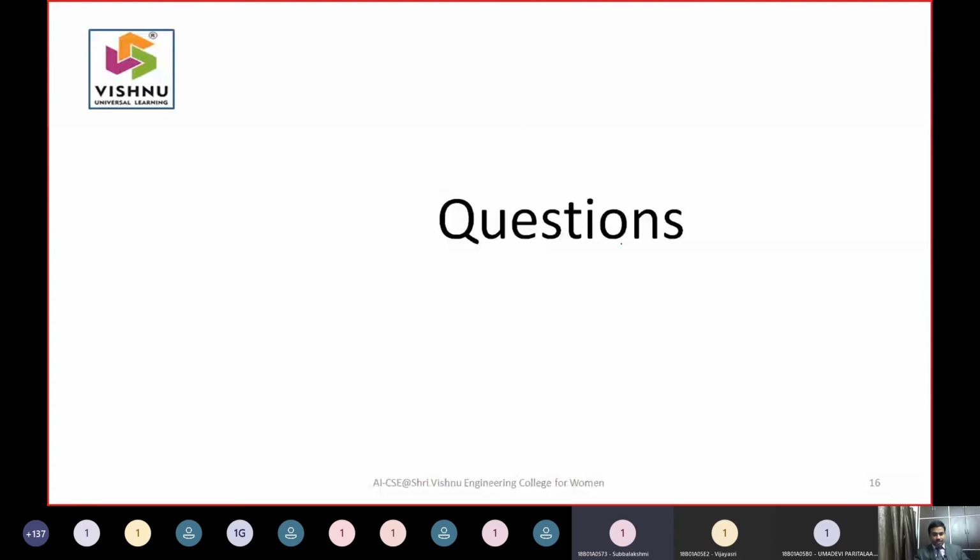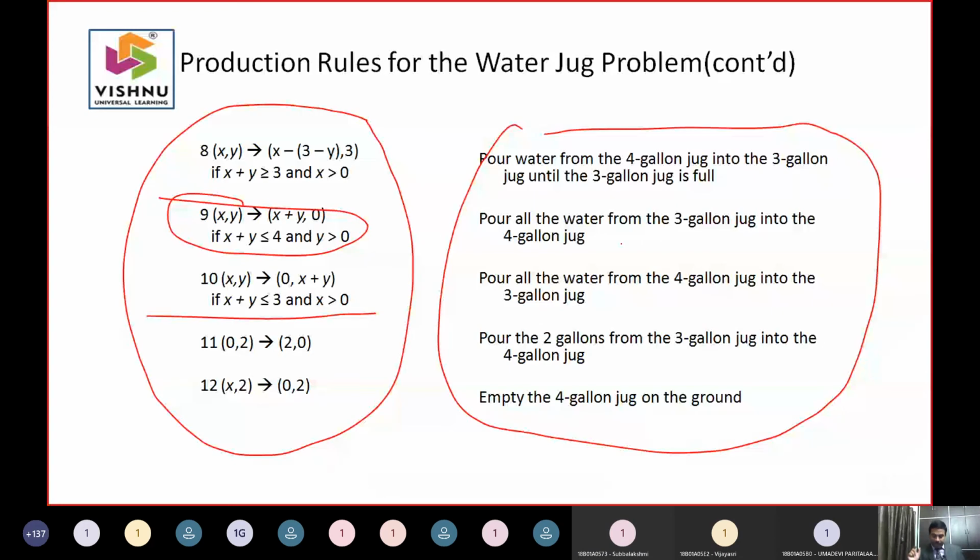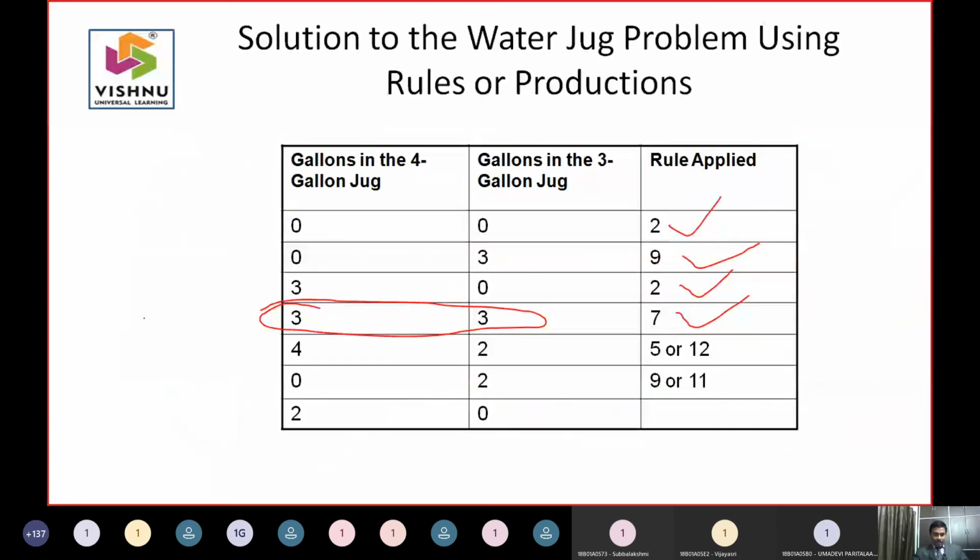Yes, sir. The reason is that all the productions are made in such a way that if this condition is satisfied, you can get this next position. But what is missing is the heuristic. Can somebody unmute yourself and answer this question: what is the guarantee that if you move from 03 to 30, you will get a goal called 20?